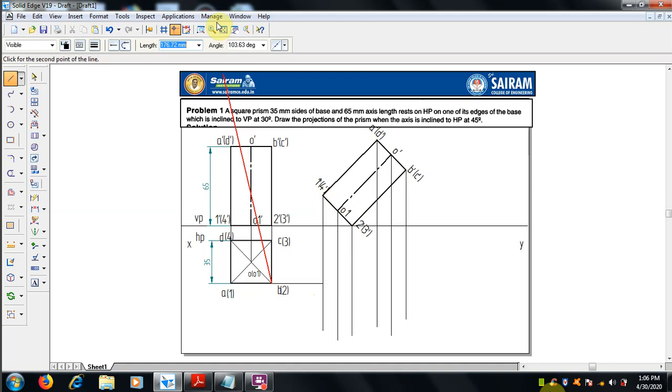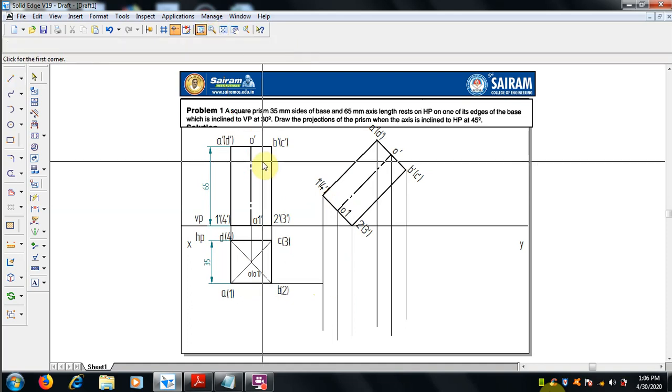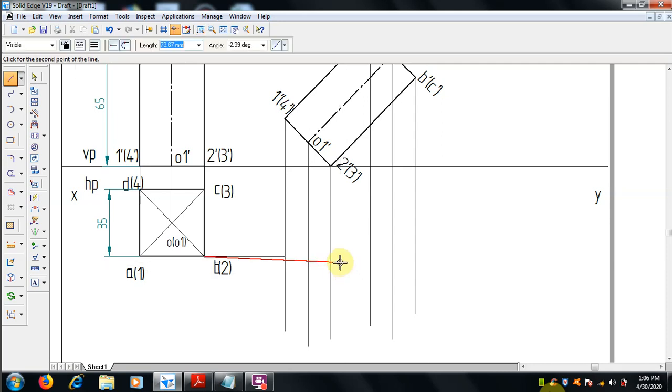If it is not getting aligned, we can zoom closer, and then we can extend from 2 to 2 dash. That is the 2 dash line, and from here 3 to 3 dash, where it meets